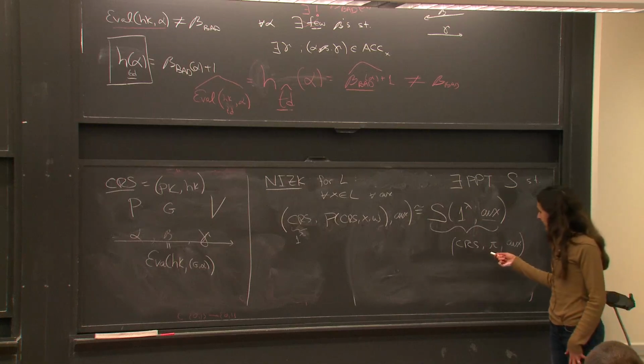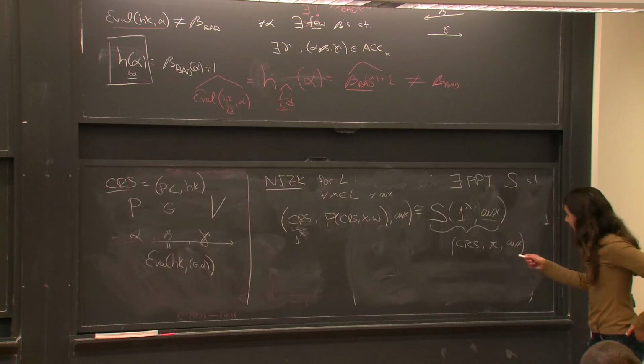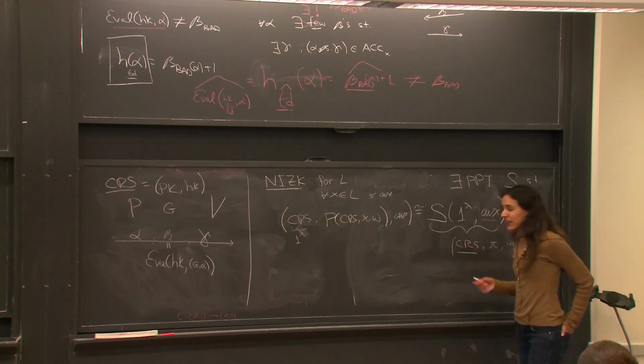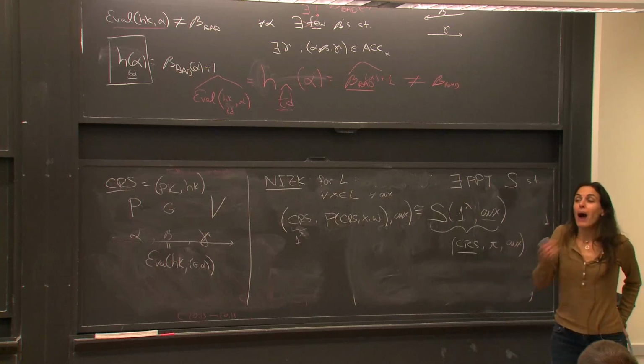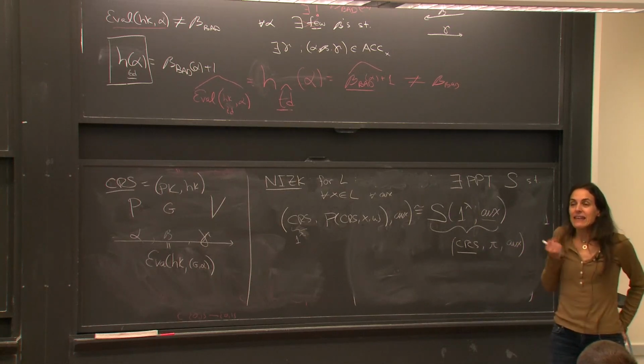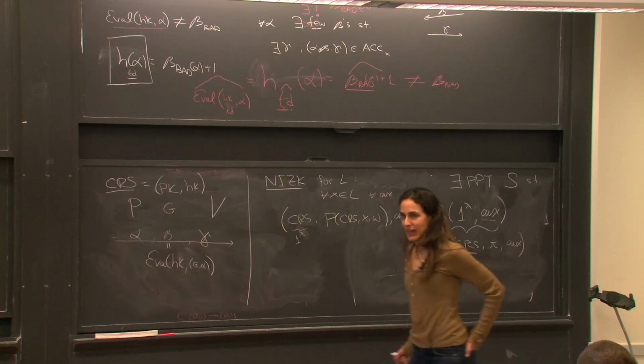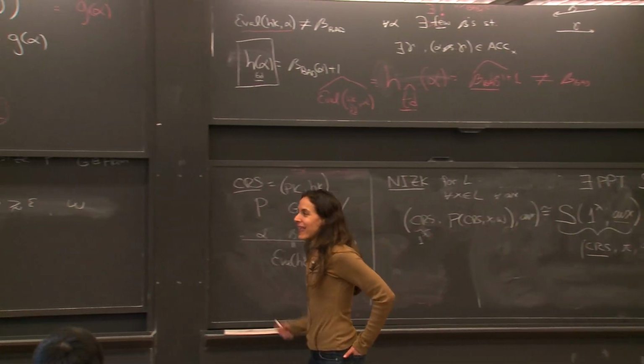So really, the point is that the simulator has the power to choose the CRS. This is a power that the cheating prover does not have. And that's why